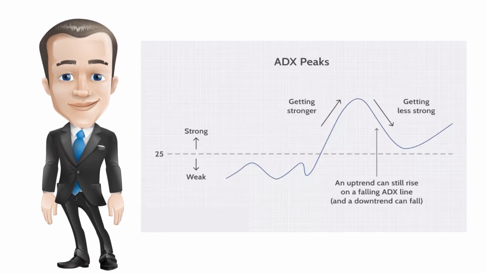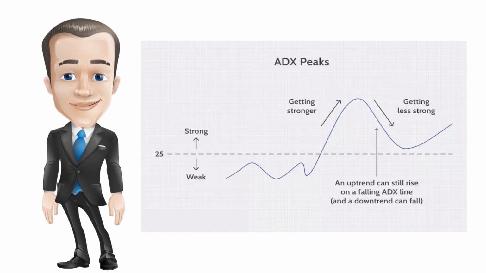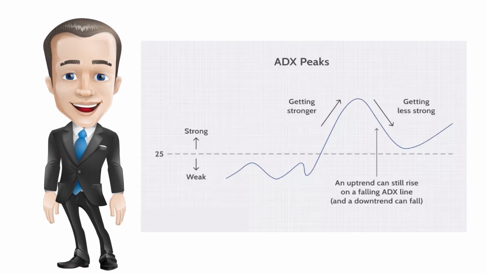A common misinterpretation is that a falling ADX line means the trend is reversing. A falling ADX line only means that the trend strength is weakening, but it usually does not mean the trend is reversing unless there has been a price climax. As long as ADX is above 25, it is best to think of a falling ADX line as a simple